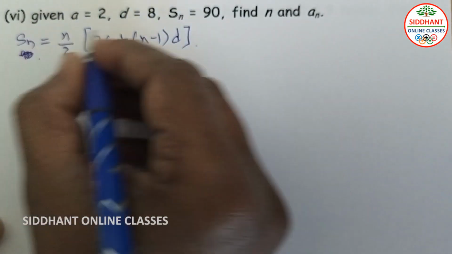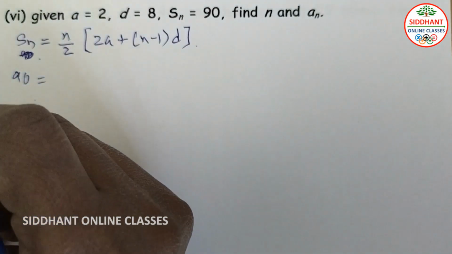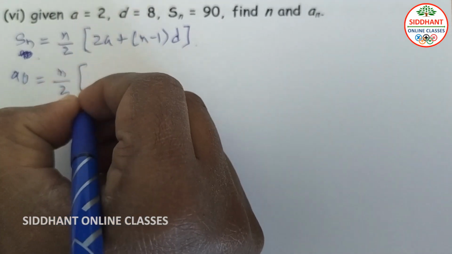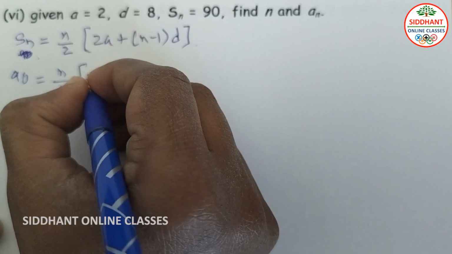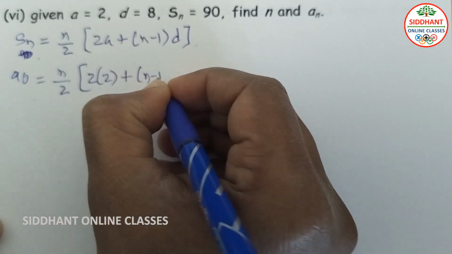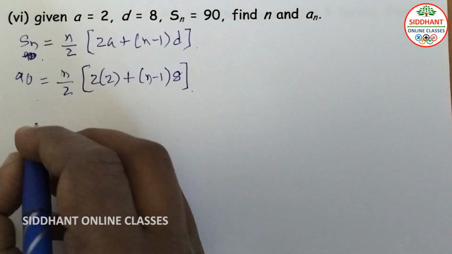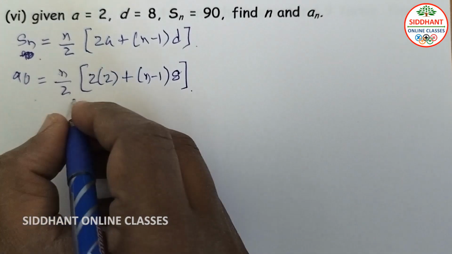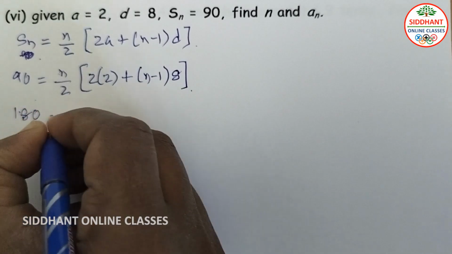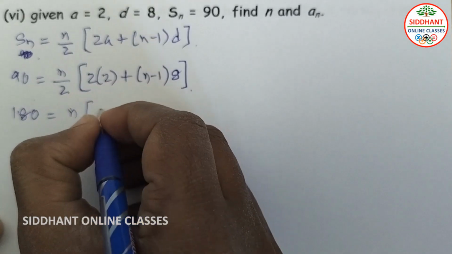Sn we are going to find out. Sn is given which is 90. So 90 equals n by 2 here. Now 2a, a is given which is 2, plus n minus 1 d, and d is given which is 8. So now 90 into 2 which is 180, so that equals n into 2 into 2, 4,